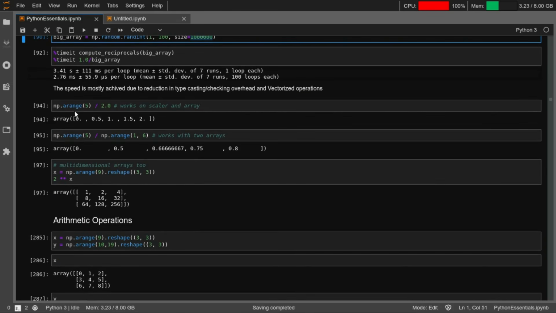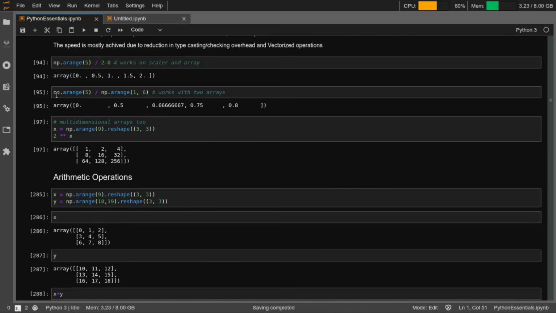Similarly, if you want to divide all the elements in an array by a scalar, you can do that by just writing the array divided by the scalar, right? Similarly, you can divide an array by an array, so element-wise division is also possible,